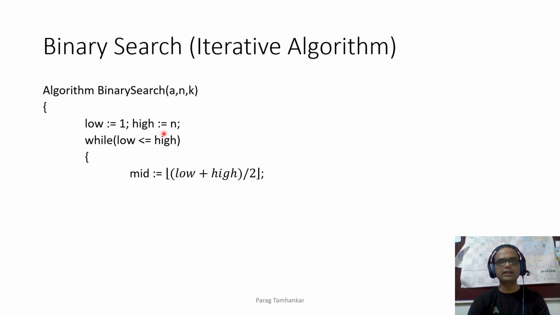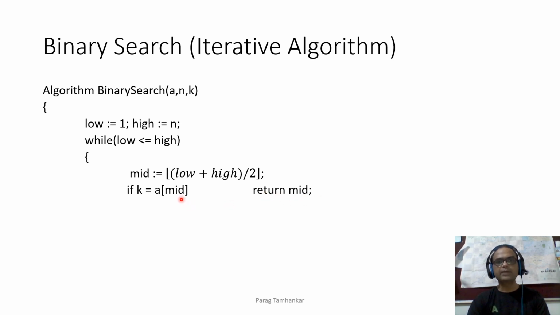So let's say n is 9. So 1 plus 9 is 10. 10 by 2 is 5. Let's say if n is 8, so 1 plus 8 is 9. So 9 by 2 is actually 4.5, but we want integer division and we are taking a floor. So 4.5 floor would be 4. So we'll go to the middle position. And then we compare our element k with the middle position element. If we get a match, we return the middle position, right? We return the index of that element in the array.